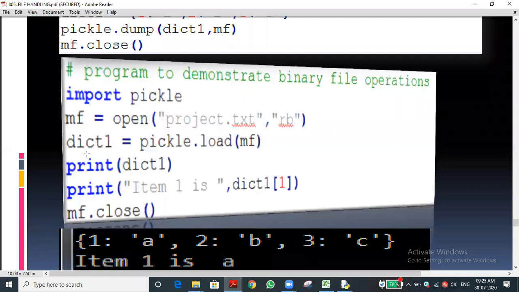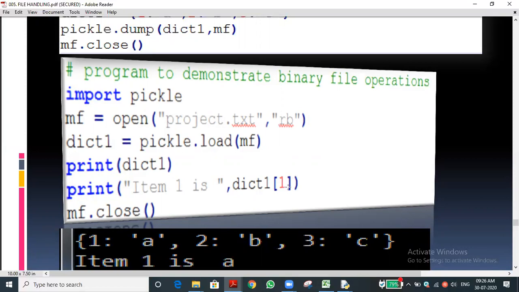Dictionary 1, yeah. Finally, we are printing dictionary 1. Then in the next line you can see item 1, for example the first value only. Now dictionary 1 is what type of data? Dictionary data type only. Let you see, item 1 is, we are printing dict1 of 1. What will happen? What is 1? Key. Yeah, the key. Can you recall the dictionary concept? Yes, sir. In the second chapter we discussed the same thing.